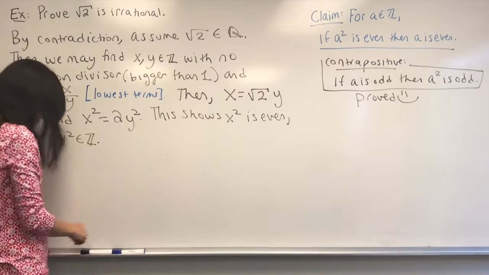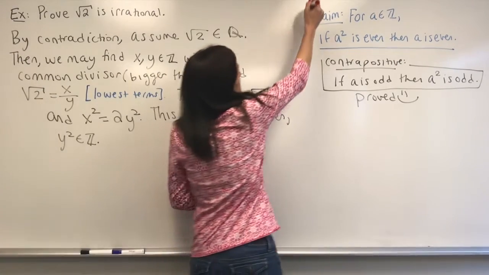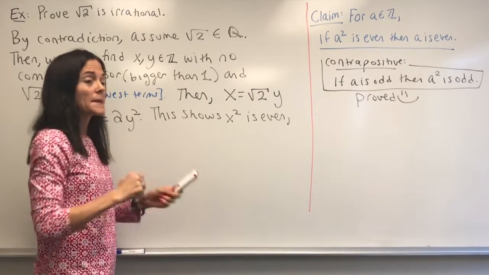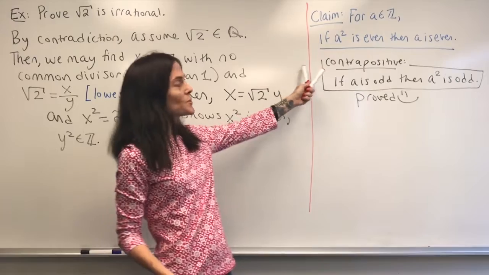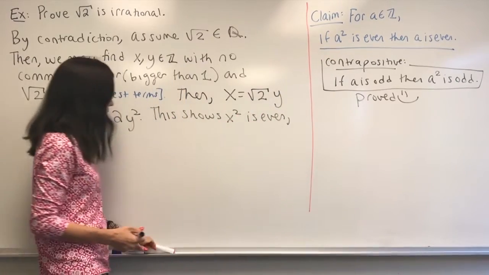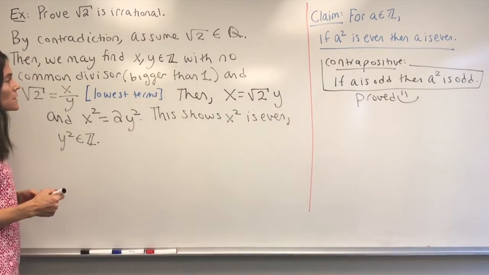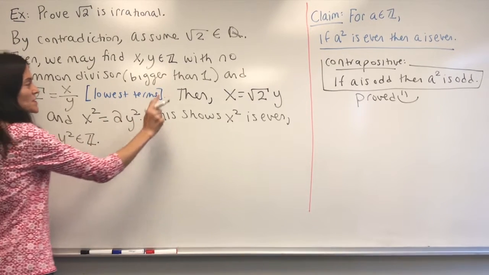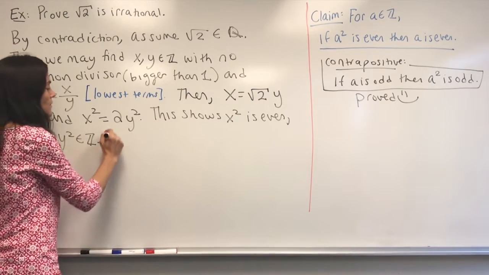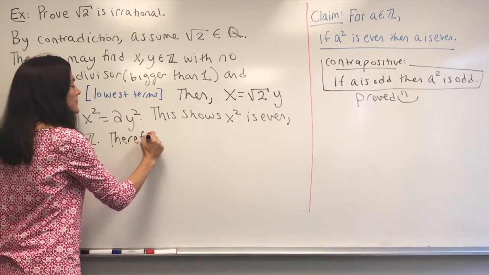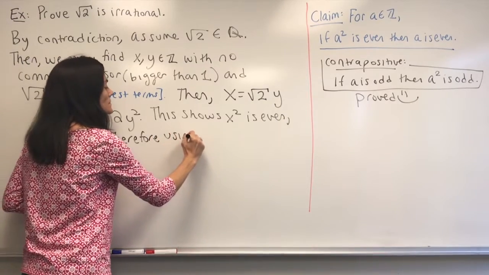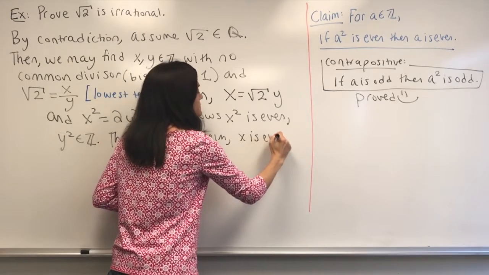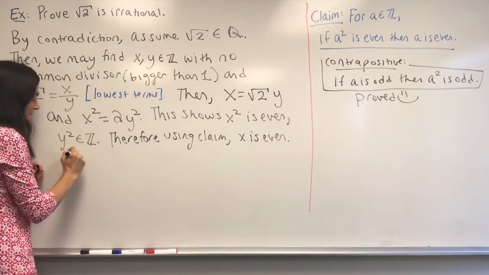So now let's return to our proof. Maybe I'll put a red line, because many times in the middle of a proof, you might come to the side, do a claim, and then maybe you need to prove it. We didn't need to because we already have, but I need to make the comment as to why it's true. Okay. So this shows x squared is even. So therefore, using the claim, x is even. Okay, so then this means there exists